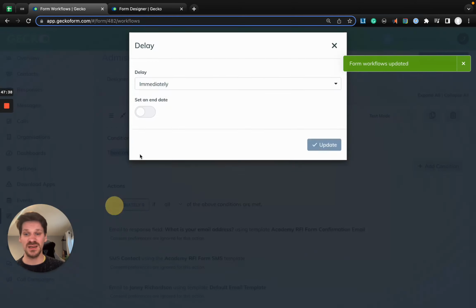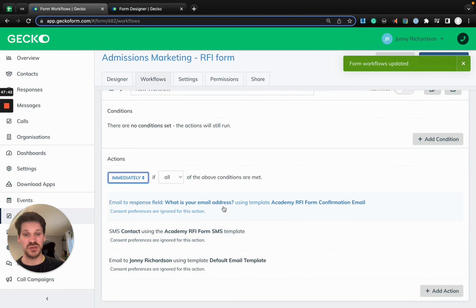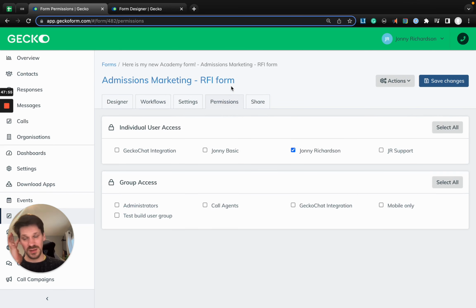We're immediately, not at a time delay, immediately going to send an email to the student using this template and send a text message to the student. But internally, I'm sending it to the member of the team, Johnny Richardson, using the default email template. Now, before we start seeing what this looks like in the emails, which we will shortly, let's touch quickly on